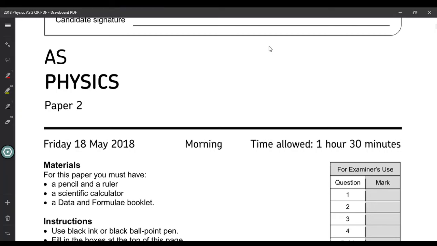This is the 2018 AQA AS Physics Paper 2. A few general comments that the examiner's report made about this paper. Generally, a lot of students struggled with the analysis and interpretation questions, so it's important that you really do practice these type of questions before the exam, because they were surprised at the number of non-attempted questions,